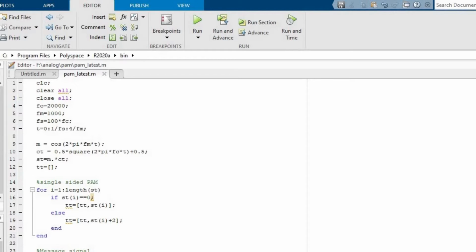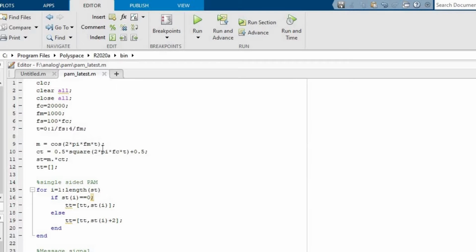Pulse amplitude modulation using coding. Firstly, carrier signal and modulating signal need to be established. So here for FC we'll be using 20 kHz, and then for FM we'll be using 1 kHz. Next, the sampling frequency used is denoted as 100 samples out of carrier frequency, and then the values are converted into period T, which I explained in this line over here,